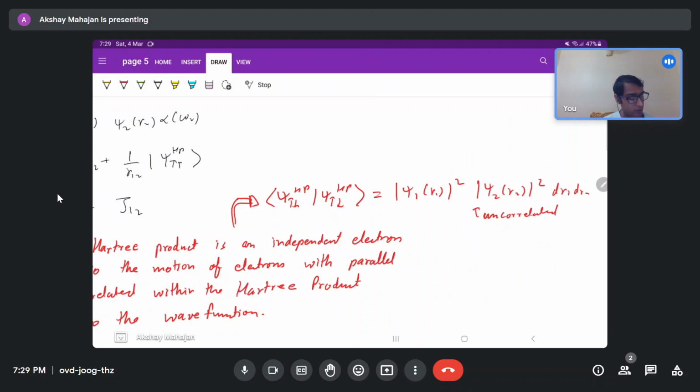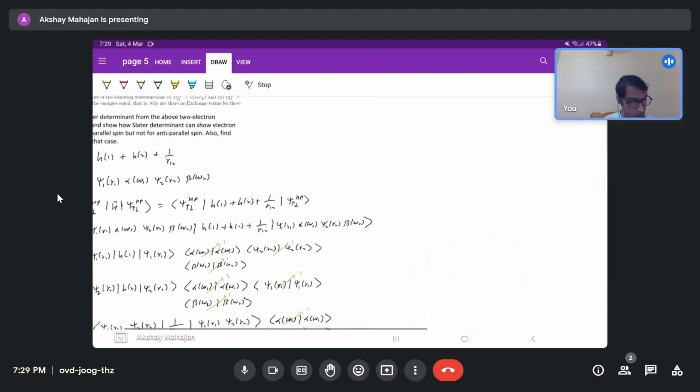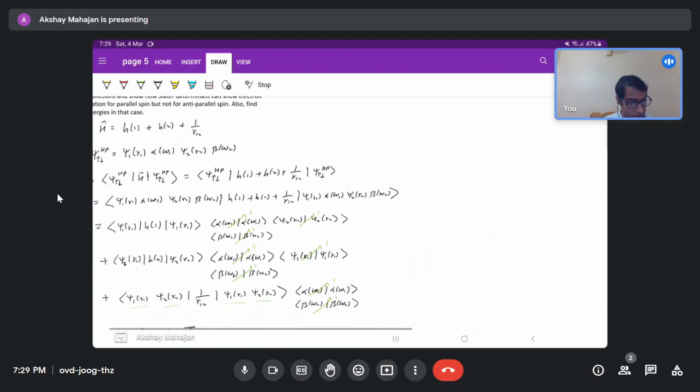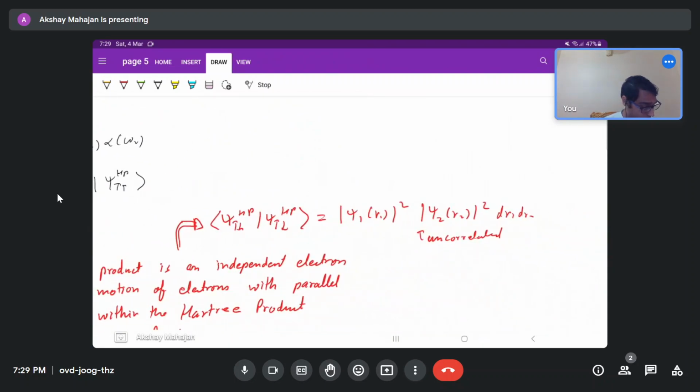And you can see that, because alpha and beta will be 1, basically you will have this kind of terms. Okay, or let me just write it as